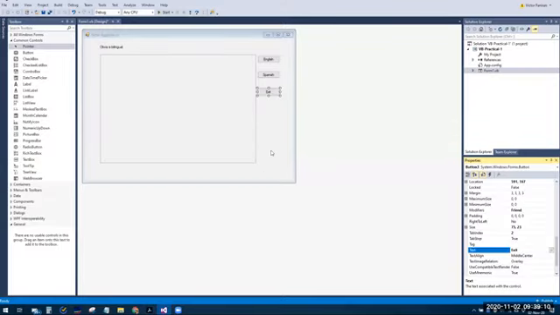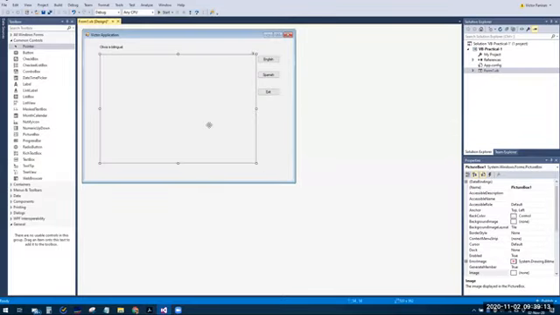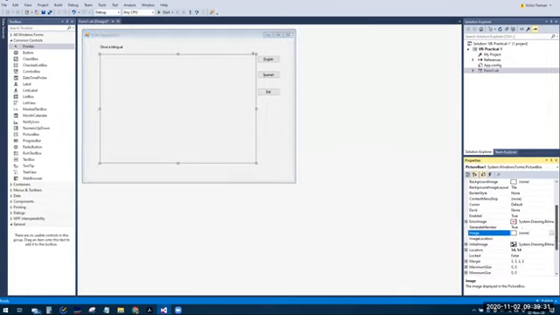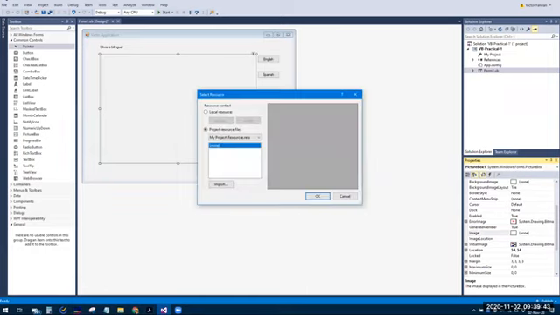Okay, so the next thing we need to do is to add an image. So what we've done so far is we've just changed the text properties of the different controls that we have here. So the next thing is to change the property of this picture box. And the property we need to change is the image property. So you go to the image. After selecting picture box, you go to image, and then you click on the three dots here, which is the ellipsis symbol. You click on that, and